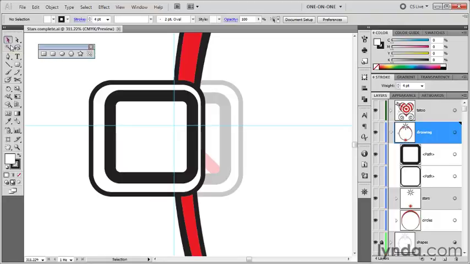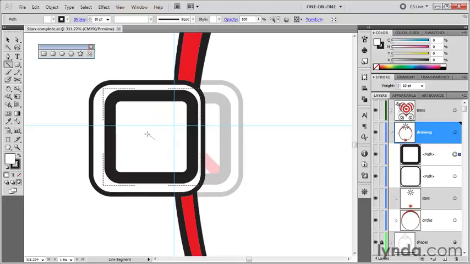I'll grab my black arrow tool, click on this shape outline in order to select it, and then I'll switch to the Draw Inside mode. And this time I just want to draw a straight line through the center of that graphic. So I'm going to grab my line segment tool, and I'm going to start at the center point right there. So rectangles and ellipses are automatically granted center points inside of Illustrator. I'm going to drag with my line tool from that center point, and I'm going to press the Alt key